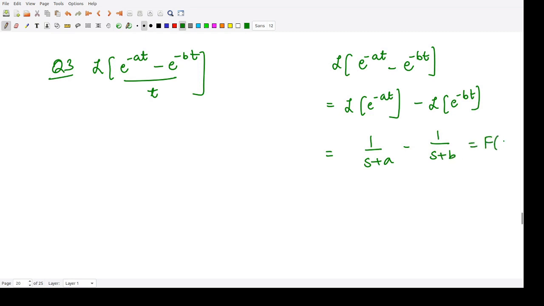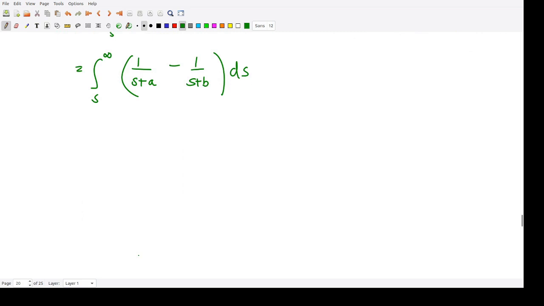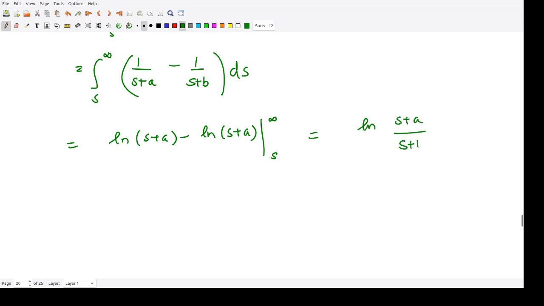So let us call this f of s. So what is this Laplace transform? This would be the integration from s to infinity of f of s ds. So our f of s here is 1 upon s plus a minus 1 upon s plus b, into ds, right? So now performing the integration, it would be ln of s plus a minus ln of s plus b, and the limits vary from s to infinity. Again you can write this as ln of s plus a divided by s plus b, with limits from s to infinity. Now also you cannot directly substitute the limits